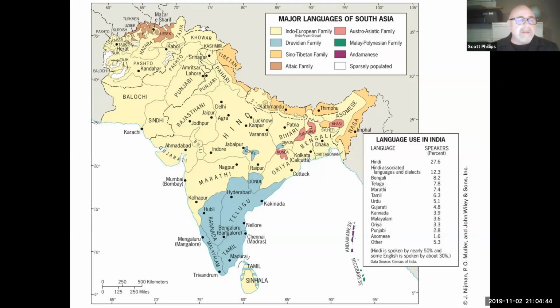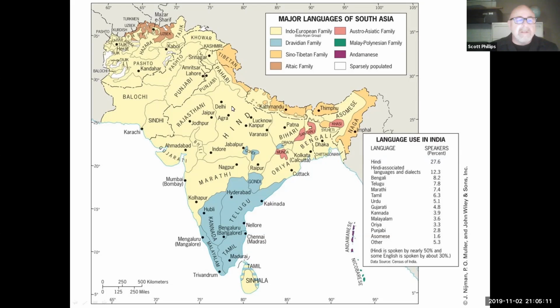And just one quick thing about languages in South Asia. We've talked about Indo-European languages in the past. These are the languages spoken in Europe and also in places like Iran. They're also spoken in large parts of South Asia, as people moved from the area of maybe between Europe and Turkey and spread out, they brought these languages with them.